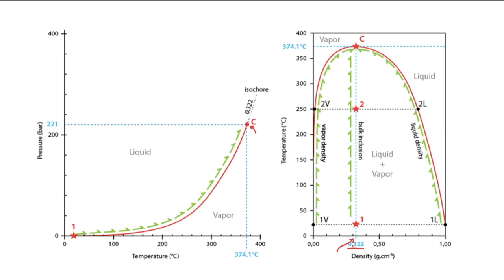Let's say you have an inclusion in which there is a bubble and there is a liquid. Now this is at room temperature, right? The density of this inclusion is fixed at 0.322 gram per cc. That means the bulk density is this point. Now see, as we have mentioned earlier, the density will not change. Density will remain the same because volume is fixed and the mass inside the